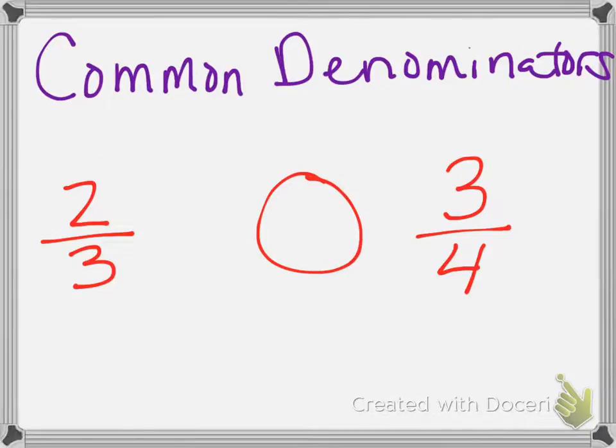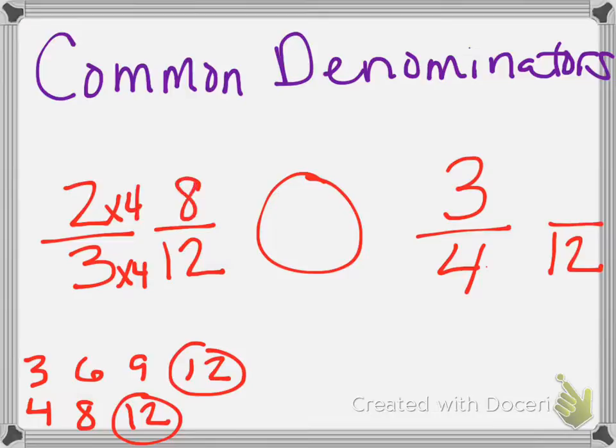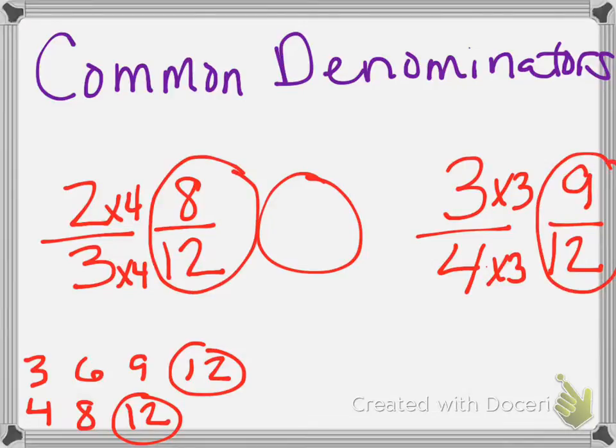Another example, I noticed that my denominators aren't the same, but I could find a common denominator. So I could skip count in my head, 3, 6, 9, 12, but also be thinking about my denominator of 4: 4, 8, 12. Oh, that's the first, that's our least common multiple, so I'm going to change both of these to 12ths. How do I get from 3 to 12? Times 4, times 4, that's 8/12. How do I get from 4 to 12? Times 3, times 3. So here are our new fractions, 8/12 and 9/12. Notice the kids will say, wow, those are actually really close to each other,